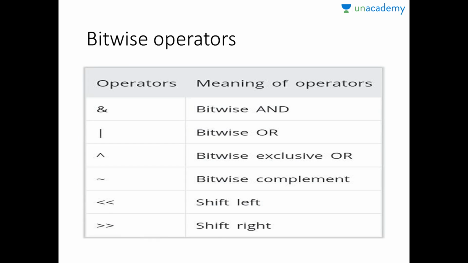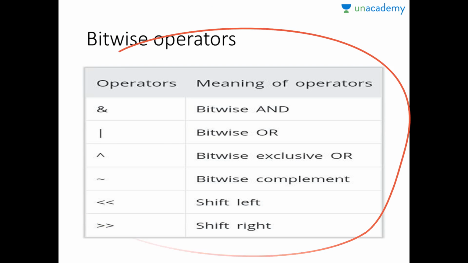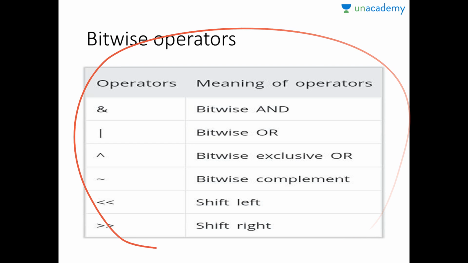Now the bitwise operators. Bitwise means we are going to operate on the operands on the basis of their bits, on the basis of their memory bits. So bitwise and, bitwise or, right shift, left shift, all this I will cover later on, not in this video. I don't want to run into problems over it now, because I will catch up on all these things later, since I want to start with some programs so we can make this subject interesting.